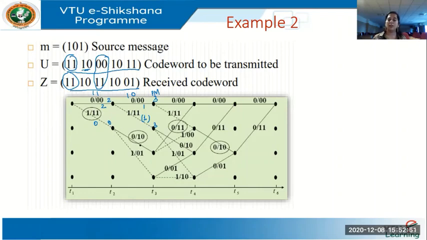Likewise, you go on computing the path metric from each of the received vectors by comparing it with the branch metric. Every place you compare it with the code written along the branch and compute the distance. And in the end, when there are 2 paths leading to the same node, you retain the path having the least distance and discard the path having the longest. So when we do this here, it ends up like this.